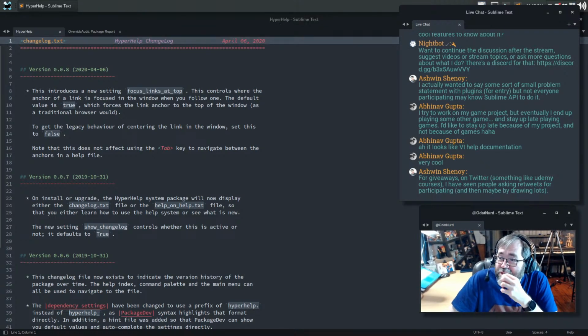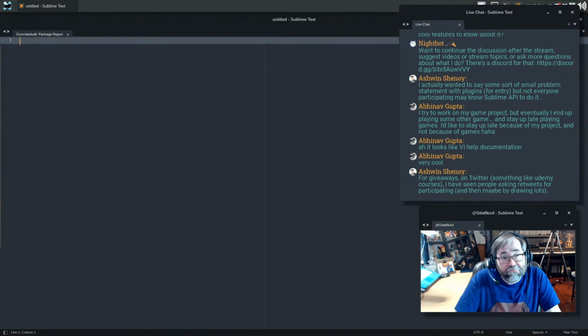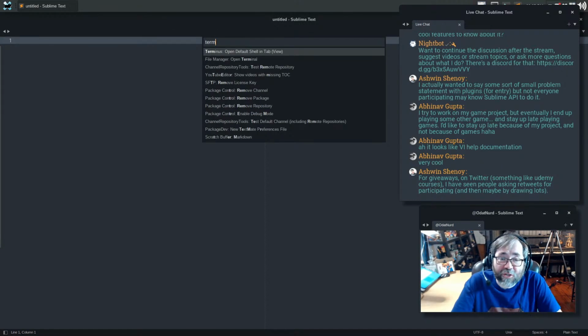Let's go back first to the question that Joseph Lyons had that said, you keep hearing about Terminus. Well, there's a lot to be said about it, I assume. It works across Windows, Linux, and Mac OS seamlessly across the three. So if you want to have a terminal open directly inside of Sublime, the way some editors can, instead of having a command prompt that's open in another window that you switch to, Terminus would be the way to do something like that. There's a couple things we can do.